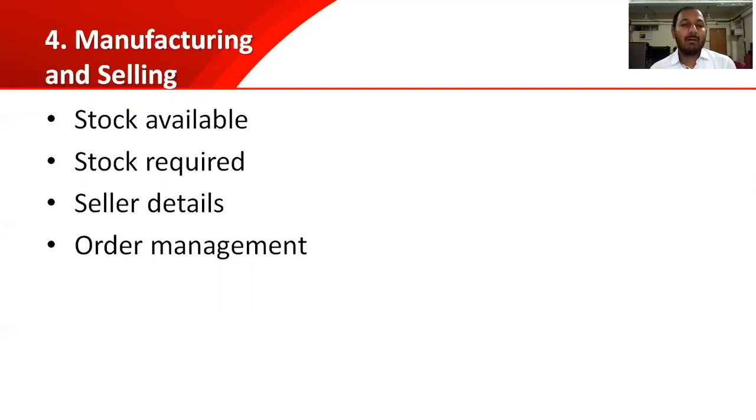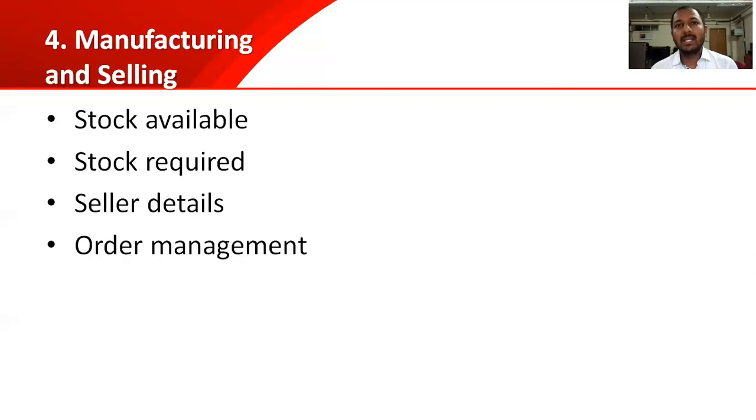These are the highlighted points in any manufacturing and selling industry. If manufacturing is done, there must be some raw material available, that we call as a stock available. Whenever some material is getting finished, getting very less quantities remaining, at that time, stock required is also an important point that can be stored in the database and that can be ordered later on.